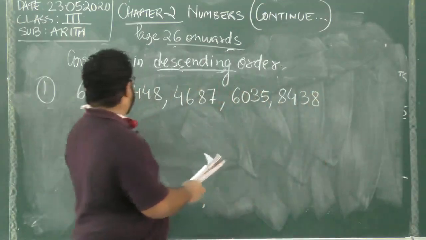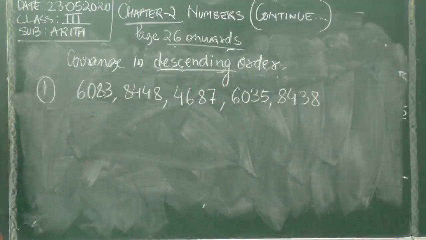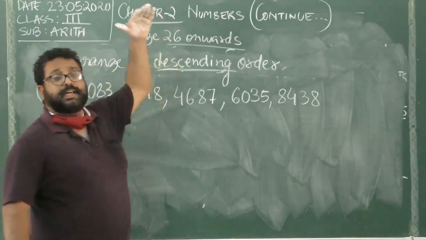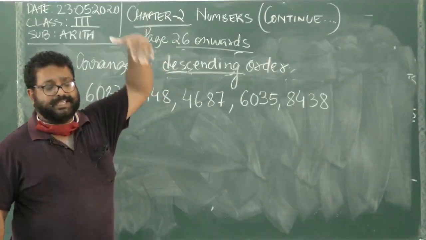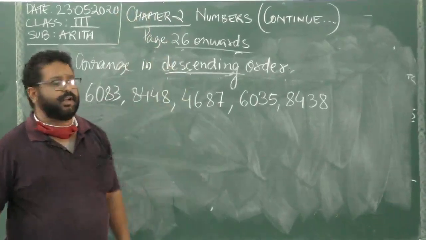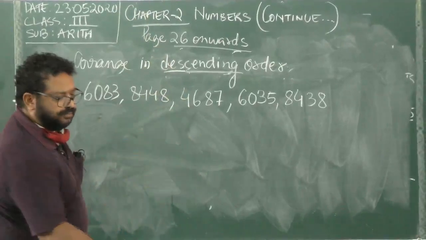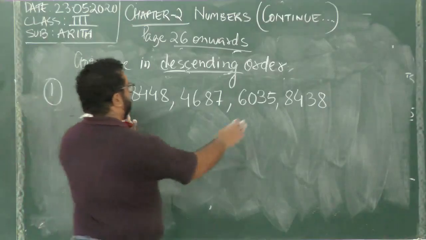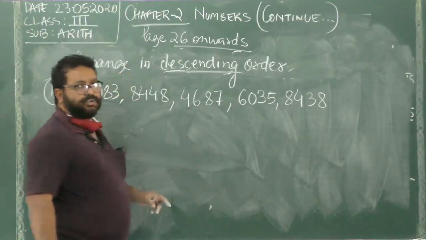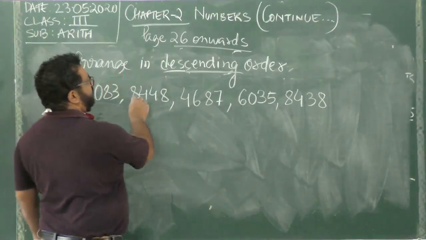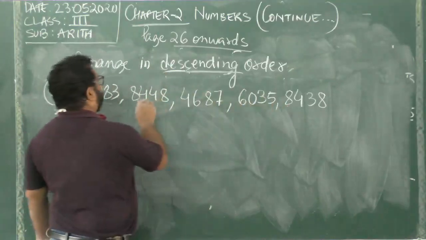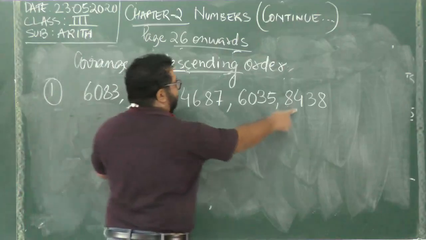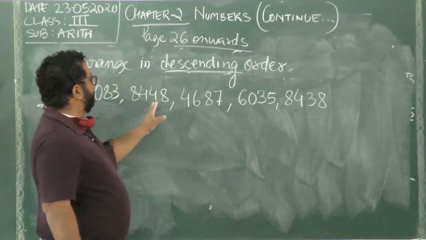So this is the set of numbers. This is given to you. So what do we see? Because we need to know the greater number first. Descending means greater number to smaller number. So out of this, first we have to see which is the greatest number. So here we see, compare that there are two 8,000s. So one 8,000 is here, the other 8,000 is here. But what do we see? That even the 100 part is also the same. So we move on to the next.